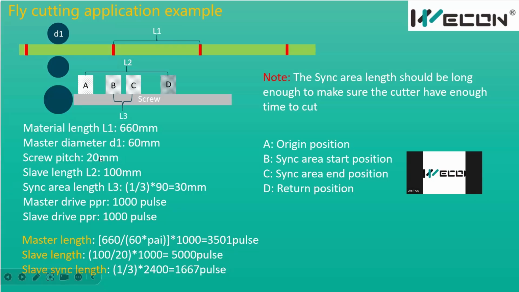Okay, and the slave length here is L2 from A to D. Yes, and then the sync area, we set it about